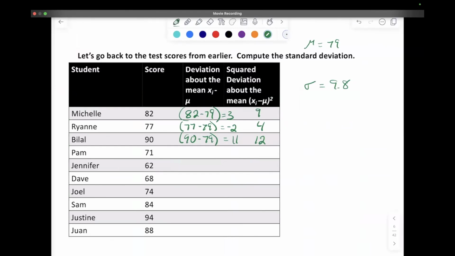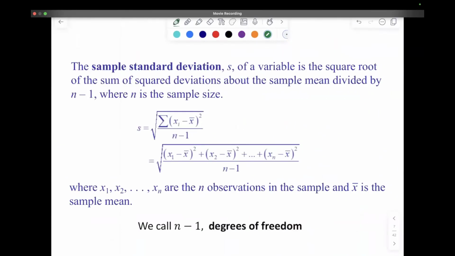So let's talk about sample standard deviation. The thing with standard deviation is it is not resistant to outliers. Standard deviation can get dragged significantly by outliers. Also, if I took a lot of different samples, every single one of the standard deviations of those samples is going to be different. In order to account for the variability of the different samples, we need to have our standard deviation be a little bit larger for a sample to encompass more